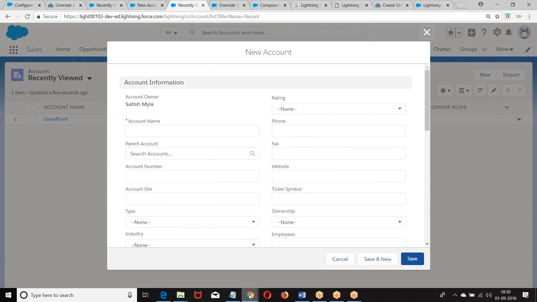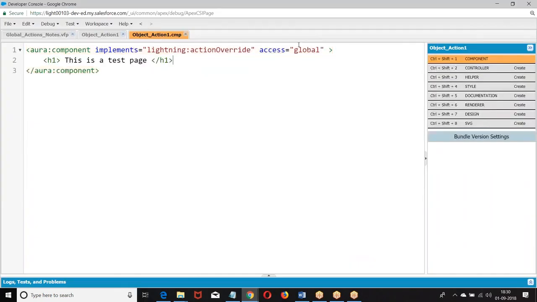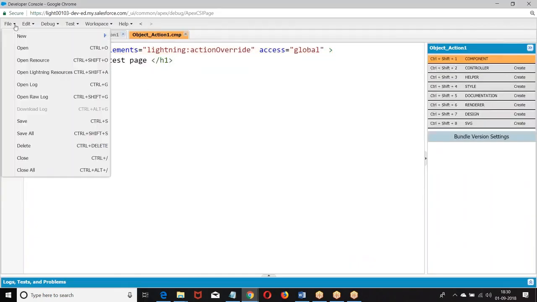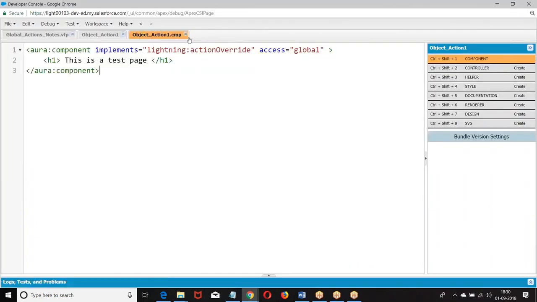So what do you want to do? Let's go back to this. File, new component.